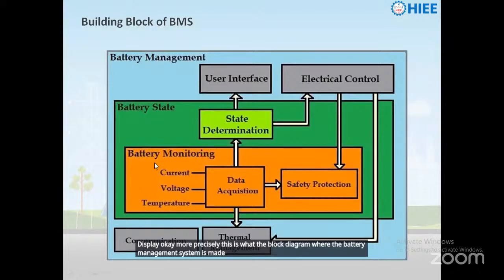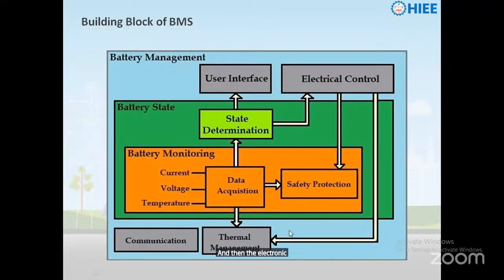More precisely, this is the block diagram of what the battery management system is made up of. We have the battery monitoring here. Monitor data is given for the battery state, where it gives the state determination. Then the information is given to the battery management with the help of the user interface. And then the electronic controller is connected with the thermal management system. The inputs it takes are current, voltage and temperature. So based on this current, voltage and temperature,